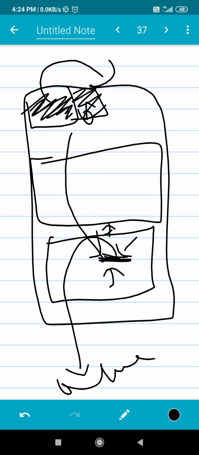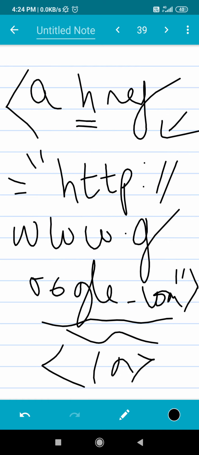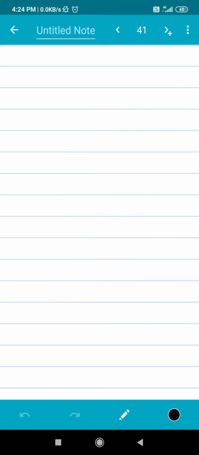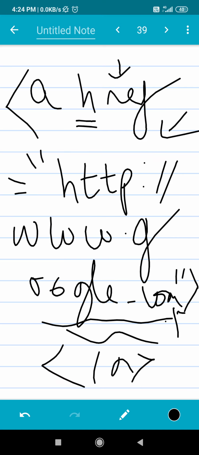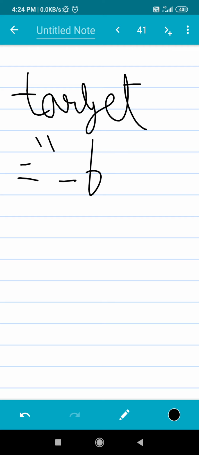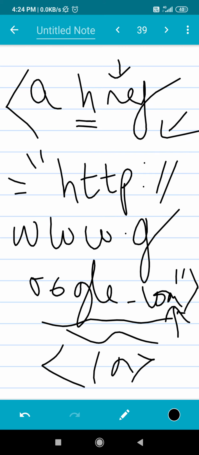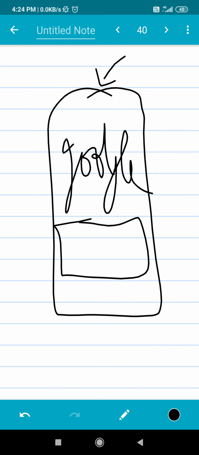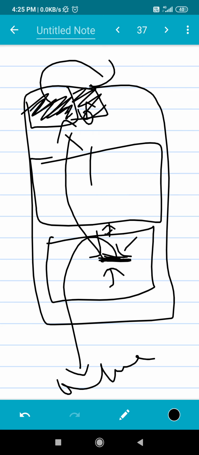For that, another attribute is used, the target attribute. Just after the string, give a blank space and write a new attribute, target, which is also a string. For a new tab it is underscore blank, then the closing angle bracket. By doing this, Google will not open here but will open in a new tab.